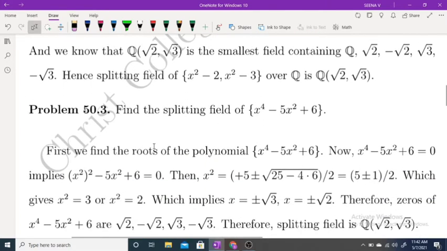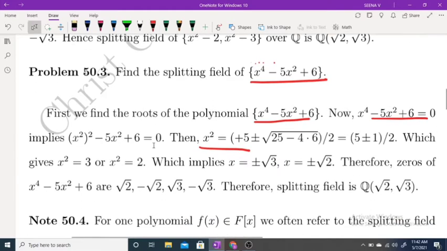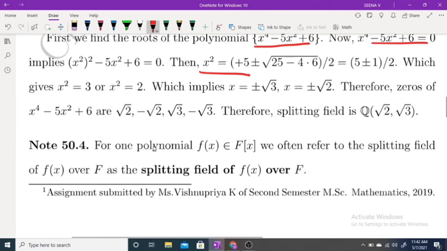Now find the splitting field of x raised to 4 minus 5x squared plus 6. For finding this, we have to find the zeros of this polynomial. This is equal to 0, which implies x squared equals this one. That means x squared equal to 3 or x squared equal to 2. That is, x equal to plus or minus root 2, and therefore